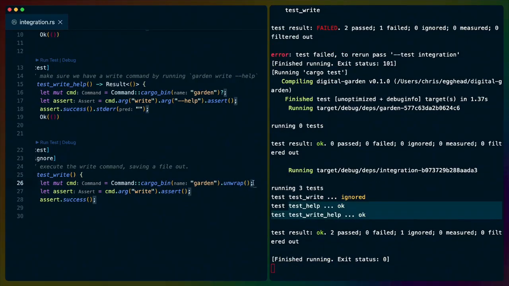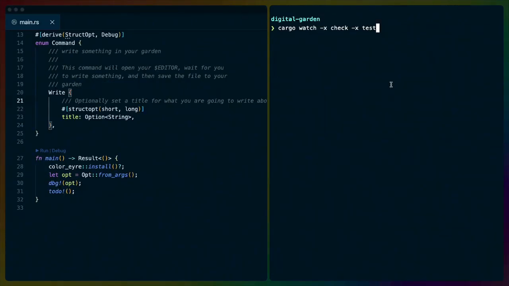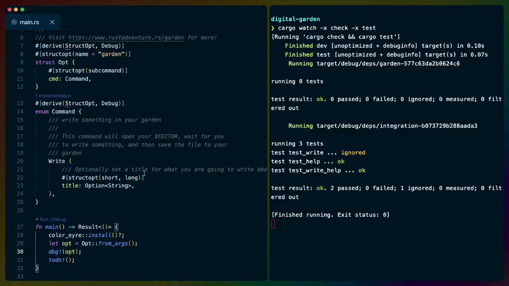We've also seen that we can choose to unwrap, which will panic, or return the error, depending on if we want a result type returned or a unit type returned from our function. From here, I'm going to use cargo watch, which we installed in the last lesson, to run check and then test. To continue the implementation of our CLI,